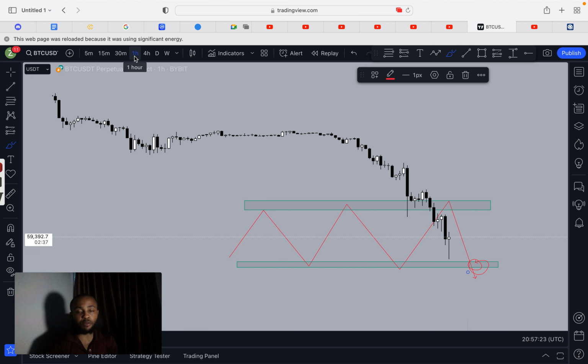Remember I told you guys, if you want to practice, go to the 1 hour and look. If the 1 hour is forming that zigzag, then you just try your best. If you can actually outline a support and resistance, do it. But if you can't outline it, leave it. Once you've outlined the support and resistance, you now go to the lower time frame, like the 15 minutes or 5 minutes, and start looking for a break and retest inside of it, right?